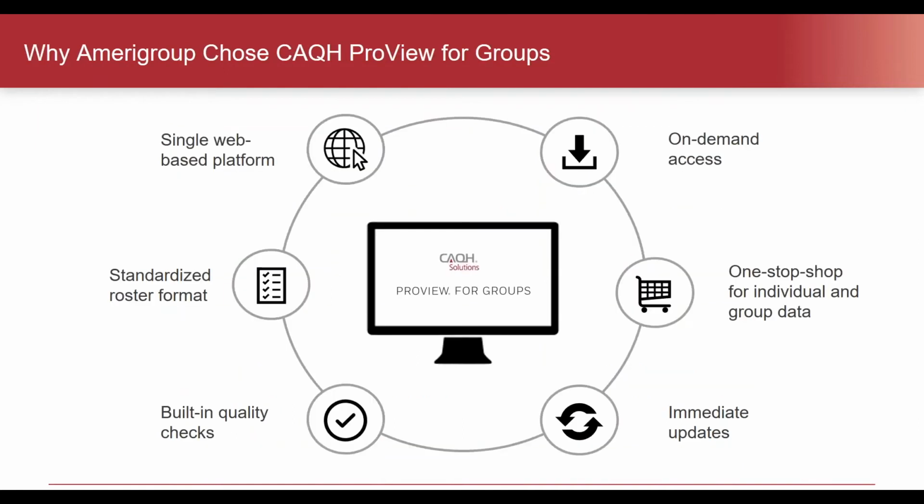So why did Amerigroup choose CAQH ProView? Well, as Becca stated, it's a one-stop shop. You have your hands on not only the practitioner data applications, but you now can access the delegated entities. It's easy to download. It's there at your fingertips. That's what I like about it. You have one login. Even if you only manage 2 of your 5 delegates, you have that same login for both, and someone could easily cover for you as long as they had access to the CAQH ProView system. So we love that. Hopefully you won't forget your login, but it's easier than having 5 different ones.